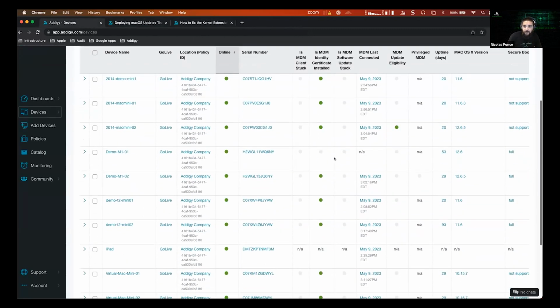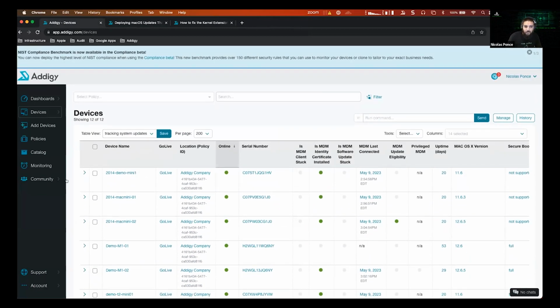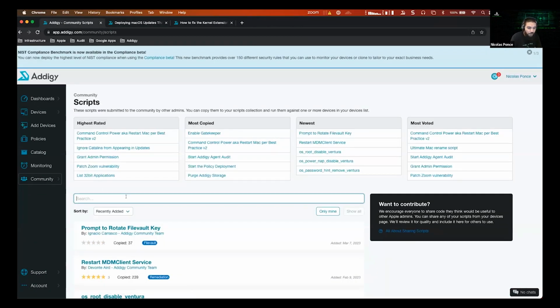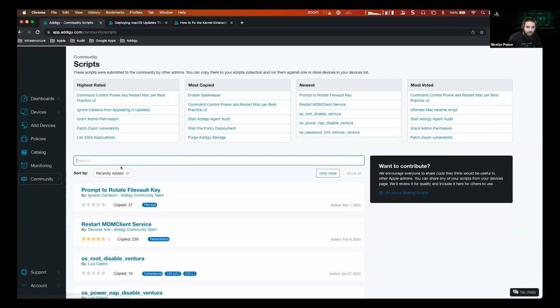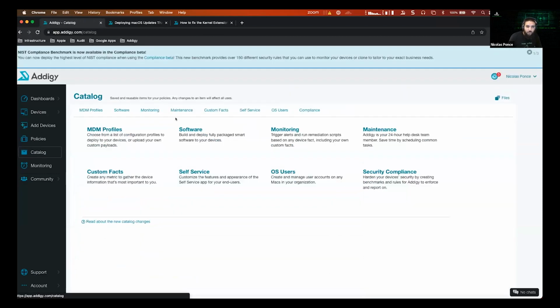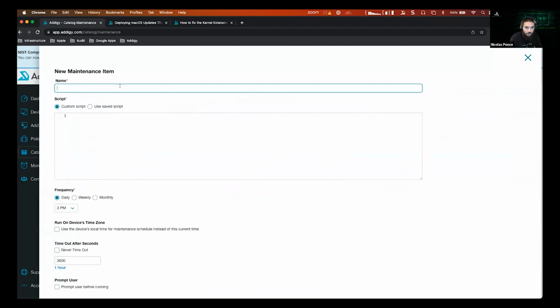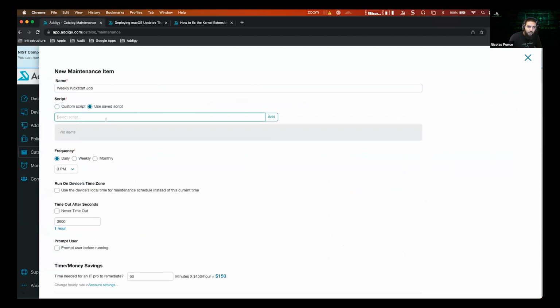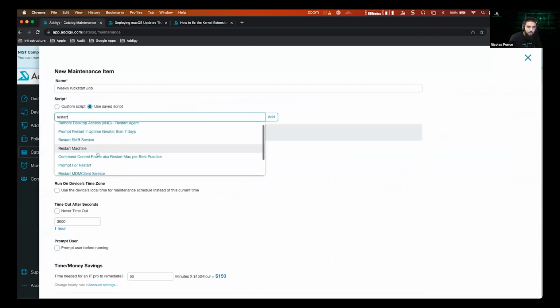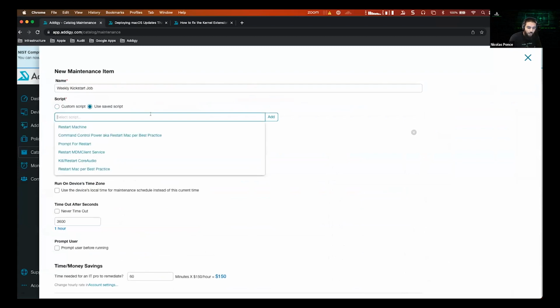Now, if you do see devices where MDM is stuck, what you can do is go to community scripts. You can copy down this restart MDM client service, as you see here, and then the Kickstart software update, as you see here, from Ignacio from the community team. You can copy these both down. I already have them in my instance here. So you can actually just come into the maintenance if you wanted to and create a weekly Kickstart job if you want. And restart MDM and Kickstart